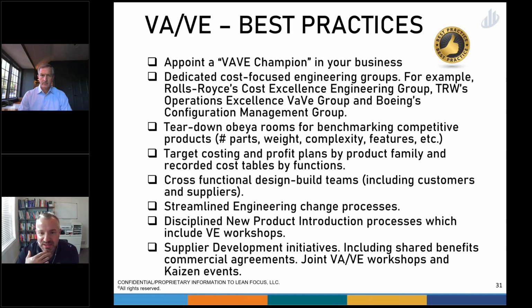The bottleneck that gets created when you launch a VAVE program is you have a lot of ideas that you want to implement, but then your engineering change processes become the bottleneck. How do you get these ECOs written, executed, first part approval processes, inventory bleed down, part number changes, all those things that happen administratively to enable the change wind up slowing the savings down. So if you're not value stream mapping that whole process and eliminating the waste from it, you may be disappointed in the savings realization that happens post Kaizen event.